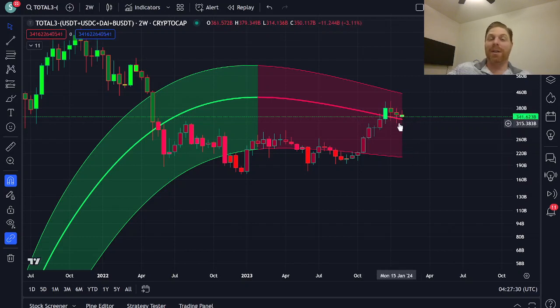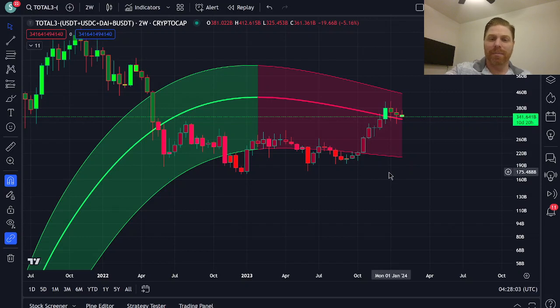But it seems like if it isn't happening now, it's certainly likely to happen soon. Also keep in mind that this Gaussian channel has been red for a year. Not that there is some rule that it has to stay red for a year, but for the 2-week Gaussian channel to stay red for a year, that's generally a time when you would expect things to start turning around, from past experience looking at